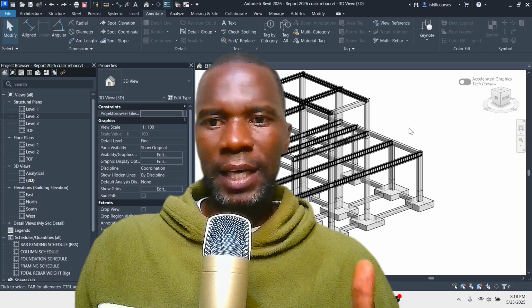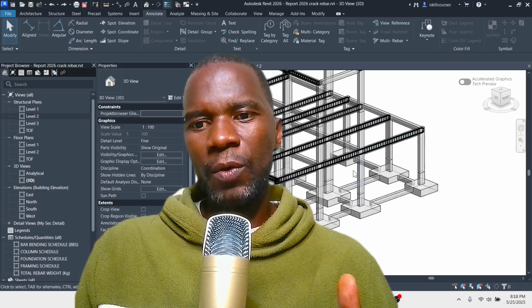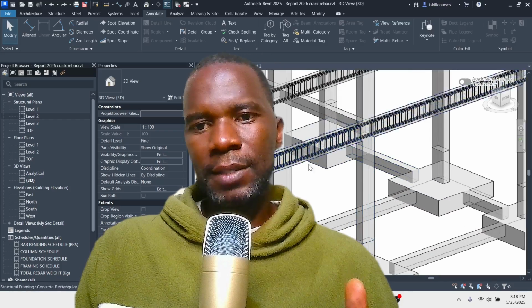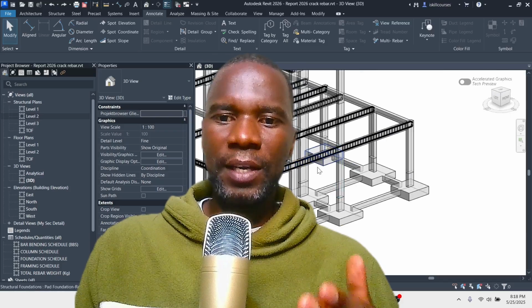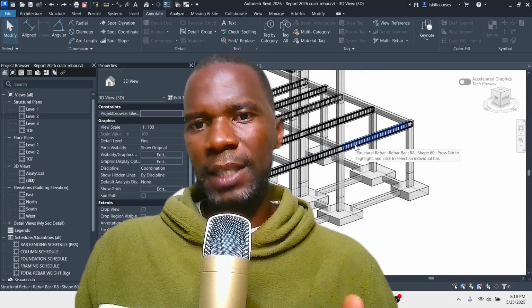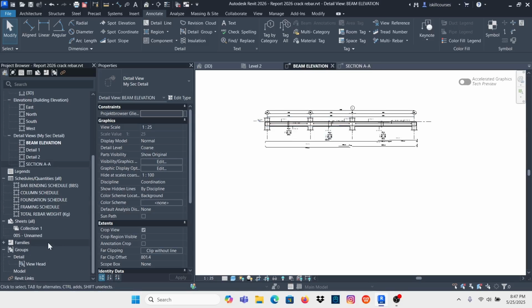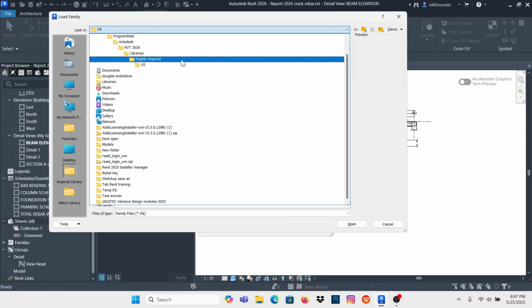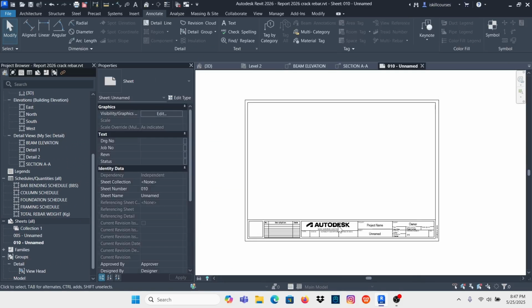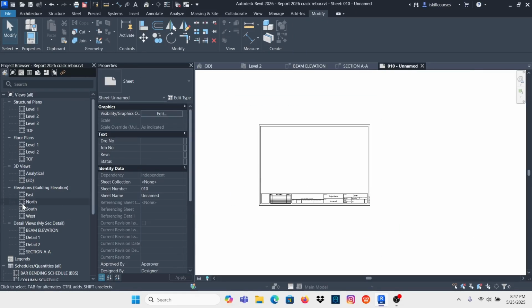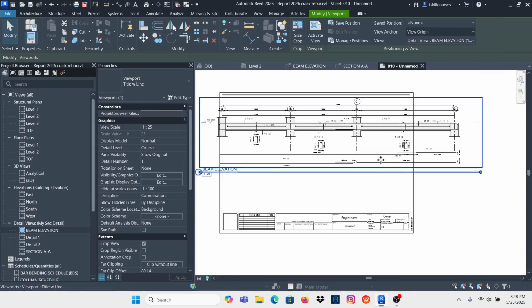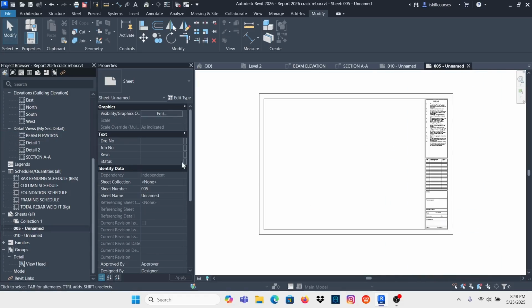In this lesson, I'm just going to teach you how you can splice the rebar on the continuous beam here. After splicing, you're also going to learn how you can crank it, and thereafter we are going to annotate and detail and place the details on our sheet. So make sure that you watch from start to finish so that you can learn how to do it